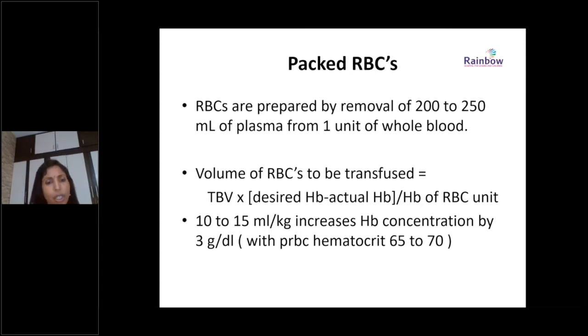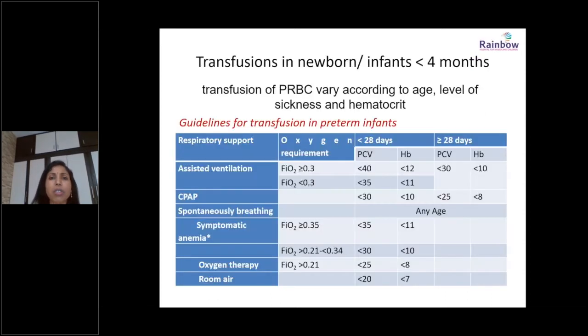This is the volume we regularly practice in pediatrics. However, for certain hematological cases like thalassemias, who are going to go through a regular transfusion program almost throughout their life or until they get transplanted, in those cases we generally go for 15 ml to 20 ml per kg of PRBC transfusion.